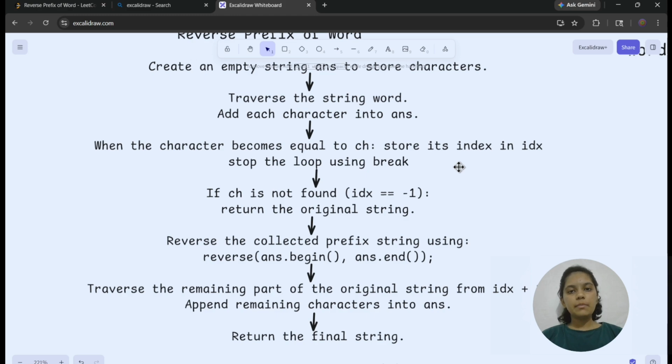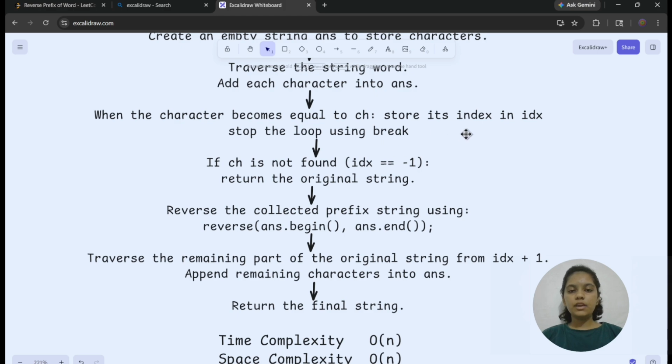At first I am taking the variable index and storing -1 inside it. When I find the character equal to the given character, I store that index where I am stopping the loop in the index variable, and after that I break the loop.